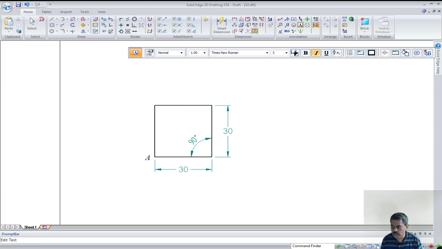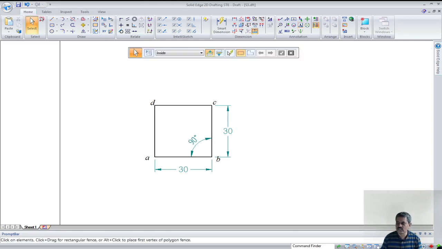Please always remember that. And you have to use only lowercase characters. And always you have to start on the left bottom corner if it is available, or anywhere from the left point you have to start, and then go in anti-clockwise direction. Most of the things we do in anti-clockwise direction. That is the default nature of any CAD system. So A, B, C, D, and we are done with that.